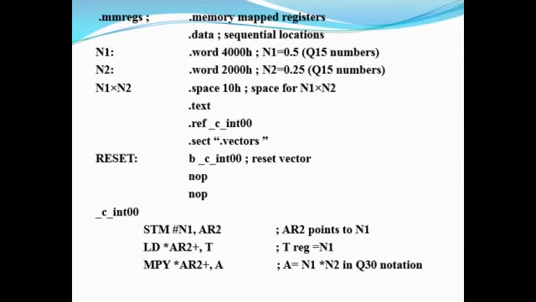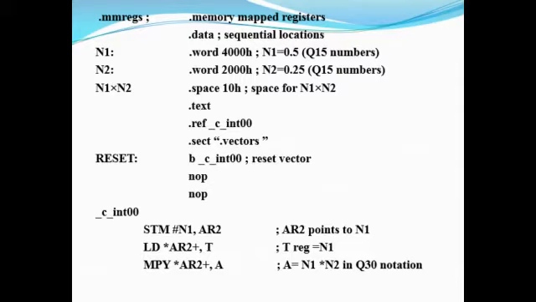We consider the memory map register by using the syntax .mmregs. This represents the memory map register. Then comes .data. This is the assembler directive we have already discussed in module 2. .data is the data segment we normally consider in writing a code. If I compare it with a microprocessor, we consider it as a data segment where we are going to specify the data. So one data is n1, which is a word, and it is 4000 H. The size of this is a word. It is not represented as bit or byte here.